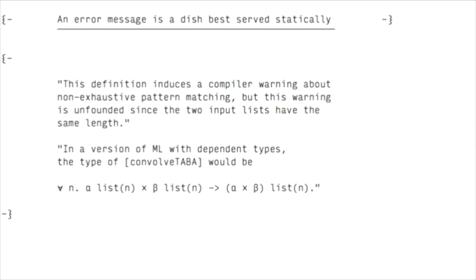That's a precondition, all right. I sure can call the function with lists of different lengths. And when I have preconditions, I like them to be in my types. So they go on to say that in a version of ML with dependent types, the type of the convolved